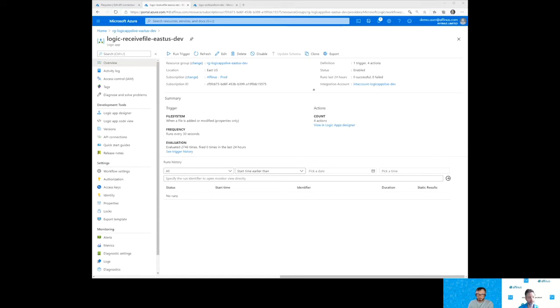So I've dropped an inbound file in. Now, I'm expecting this to fail, and I'm wanting it to fail. And there's a reason why it will probably fail, and that is to do with